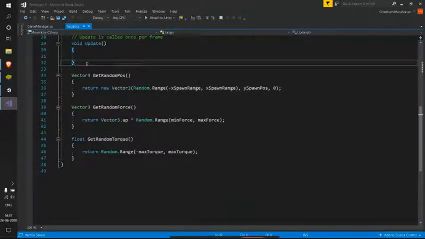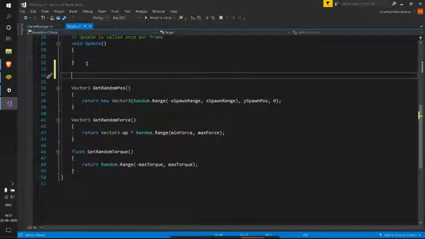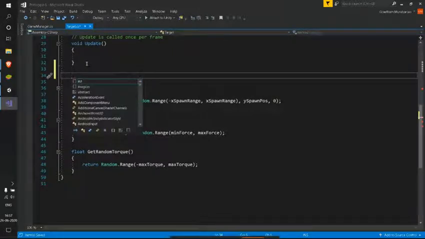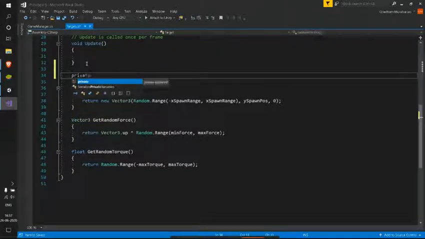So here, I'll be using different methods. The first thing, I need to destroy these targets when my mouse click happens. So for that, Unity has given us the methods already. So for that, we'll be using private void OnMouseDown.